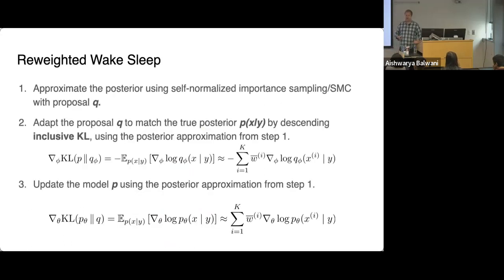This is the reweighted wake sleep algorithm. Yeah, I have a question for SMC. So you said you progress on trajectories, right? But then you're biasing the distribution by throwing some away. So can you still show that as the number of samples goes to infinity, you still have an unbiased estimate?